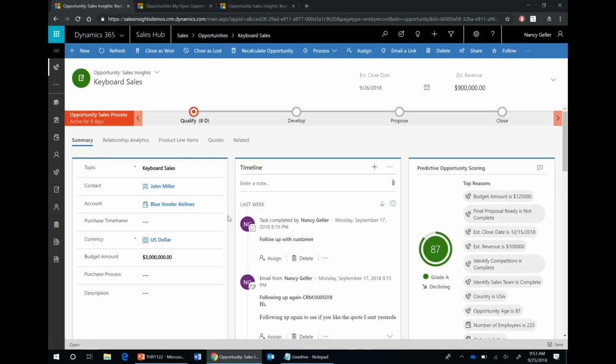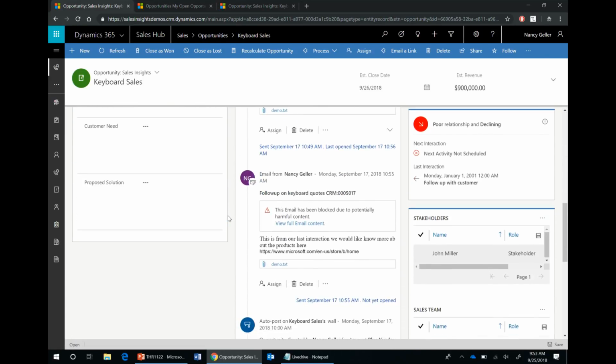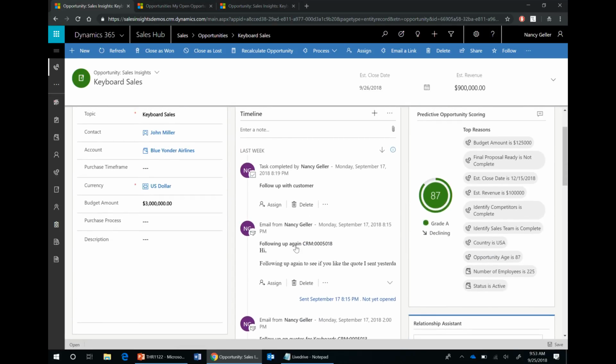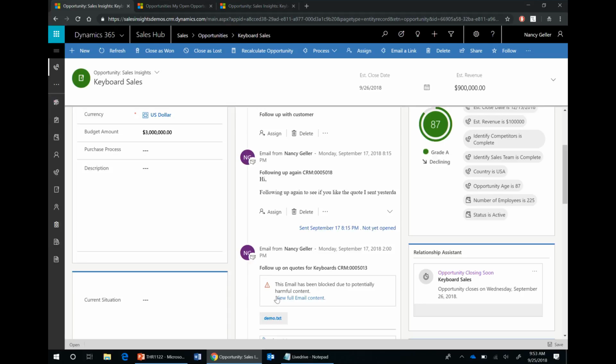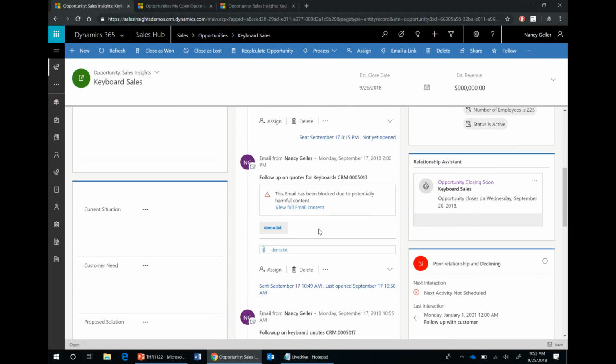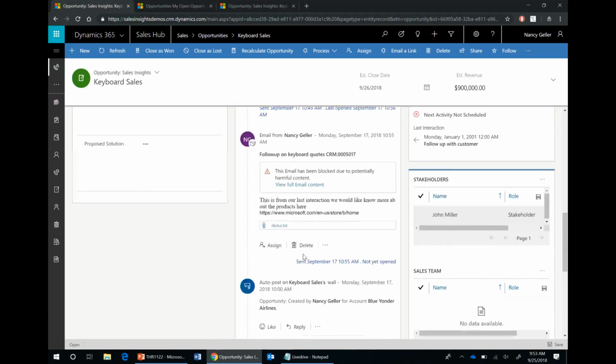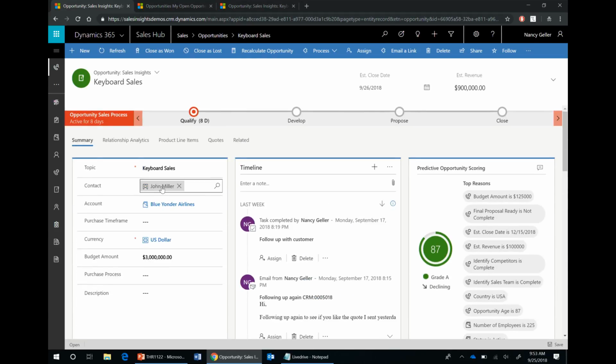So going back to the record here, we see auto data capture is bringing in data, and they can do a one-click track. This is a demo, so if they needed to, they can just track the email from the timeline. And lastly, if we're looking at John Miller,